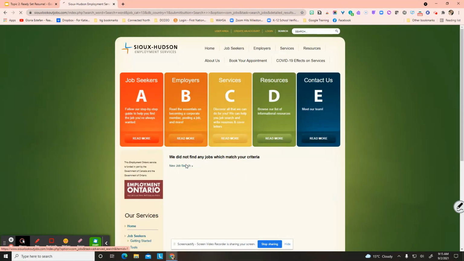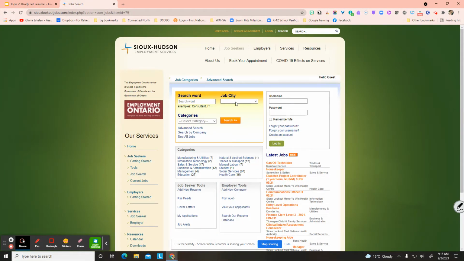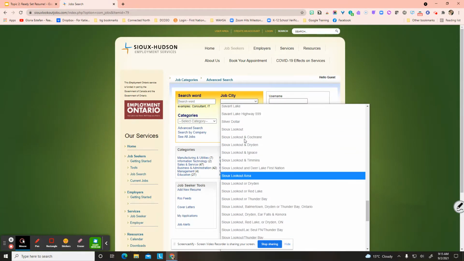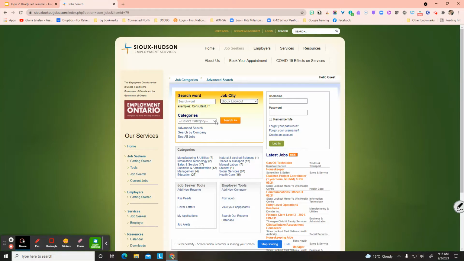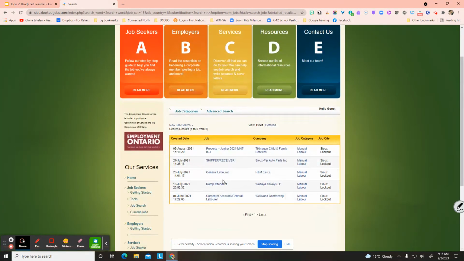Oh, goodness, no jobs. Okay, let's try that again. Let's find a job description. I'm just going to do general Sioux Lookout. And let's go to manual labor. That's something I know he can do. Okay. So it looks like, ooh, I like this one. It looks like Wasaya Airways is looking for a ramp attendant. Okay, so I think that's one that I'm going to choose to use for my